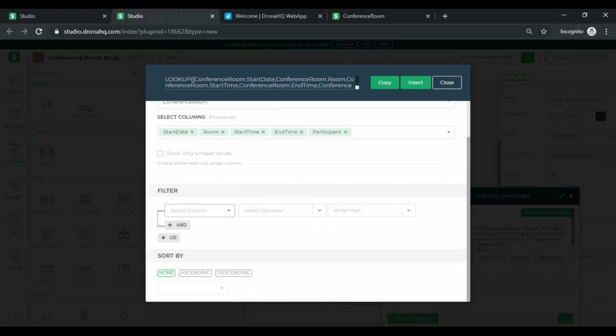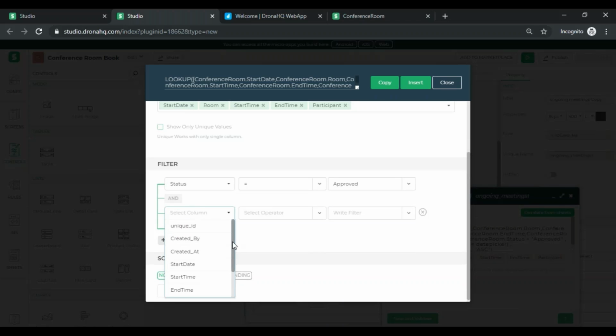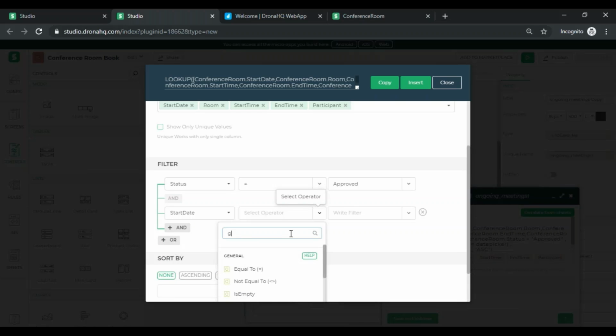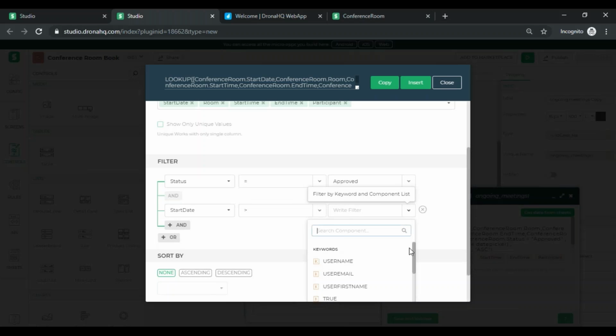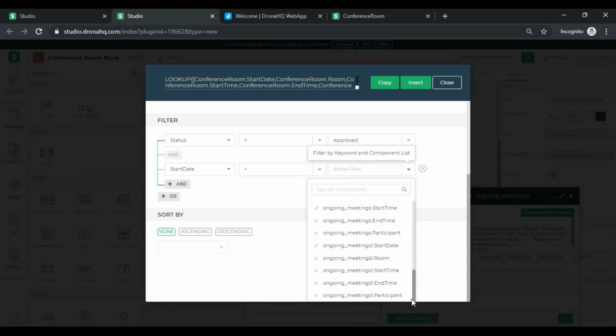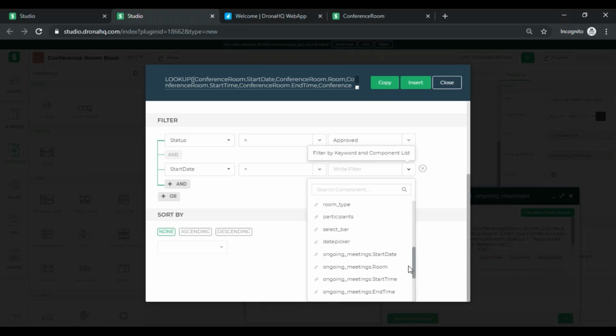A condition for the status of the request remains. It should be approved. So I'm going to click on status equal to approved, and the start date is greater than today's date, which we can again look up from the new control that we have added on the screen. So we'll select start date over here and look for greater than, there it is. And over here I'm going to look for the control that is date picker,